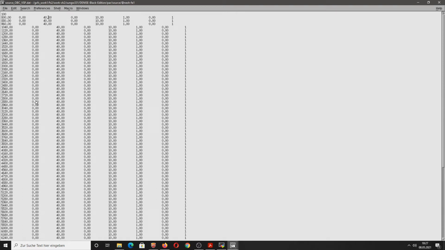The second column can actually be ignored because this source file was also used for a 3D version of the Denise code. And this would be the Z coordinate, which in this case, of course, is always 0 because we're using a 2D medium approximation. So there are no Z coordinates, but you still have to define these coordinates. Then there are additional columns, which I will discuss later on.